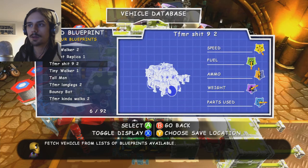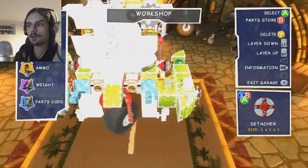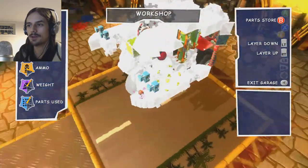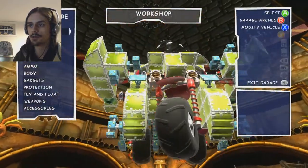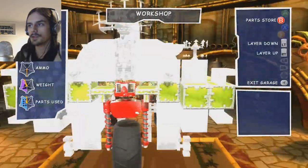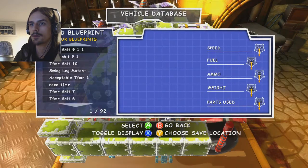Right here, 9.2 is the biggest change from 9.1.1 or whatever. But look at the differences here. Besides the suck and blow and the different looking arms, just look at the arms. I have these holes to make it look kind of funny, and the left arm has a propeller and the right arm doesn't, because I was experimenting with how the different arms would work. So that's just a side note, but look at these arms. These are blocky. It attaches right there. It's got the thing there. But here,